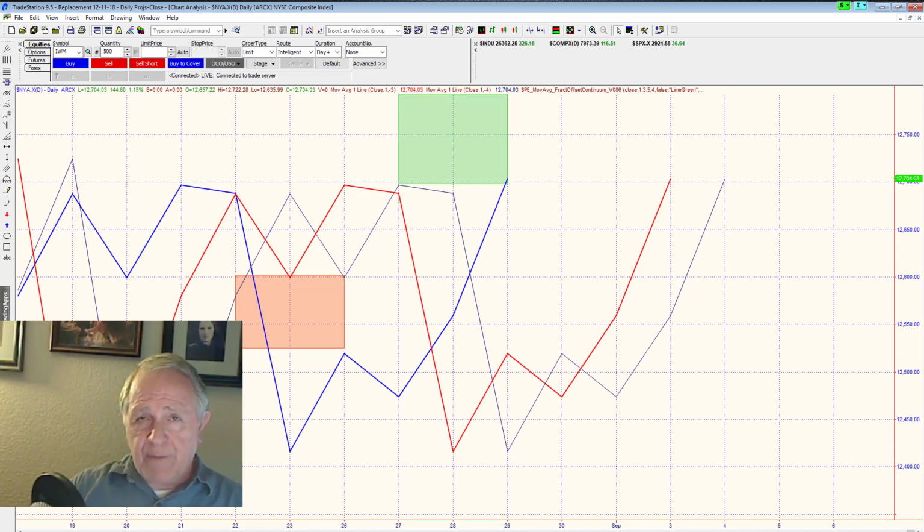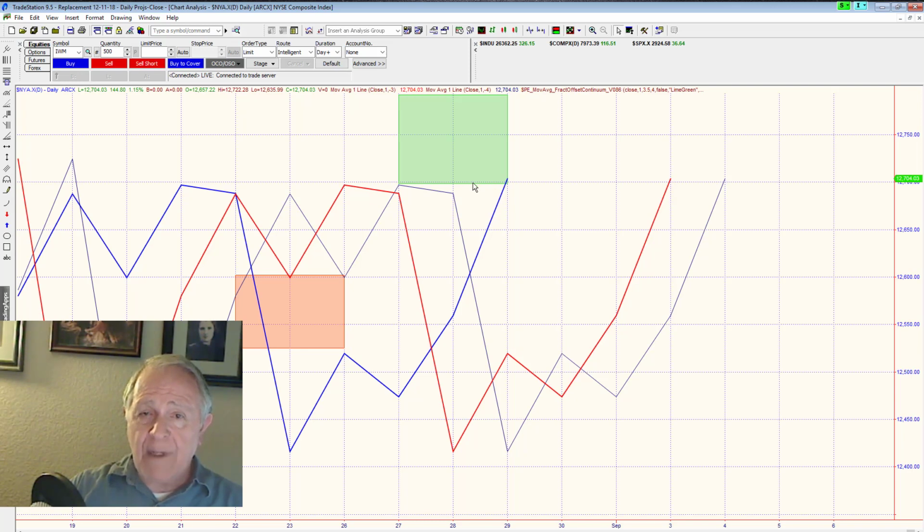The New York Composite Index, by the way, is my most favorite index for doing price projections on, because it tends to be the most accurate. Look what happened over the past few days. This was the closing low back on the 23rd of August. We had a little rally up, a down move. Now we've had 2 consecutive up days, and in crossing above both the red and, in this case, the gray offset line, the blue line, which represents the closing prices, has generated an upside projection.